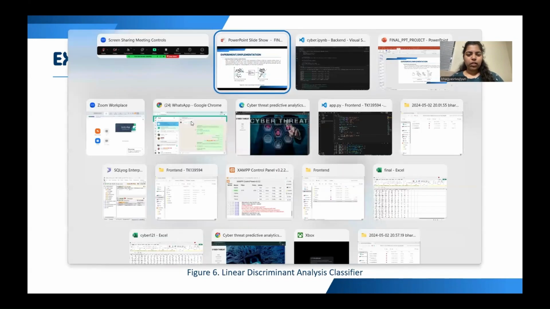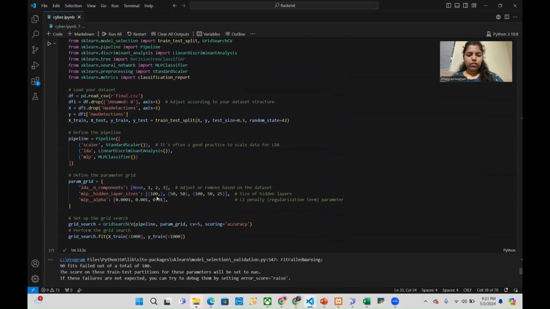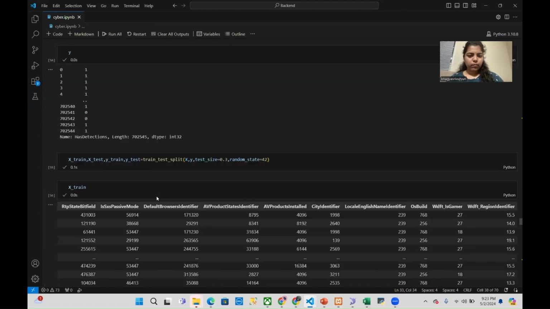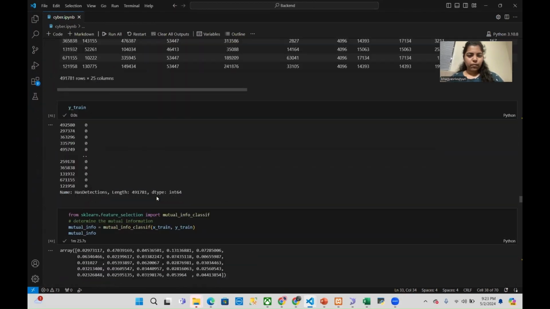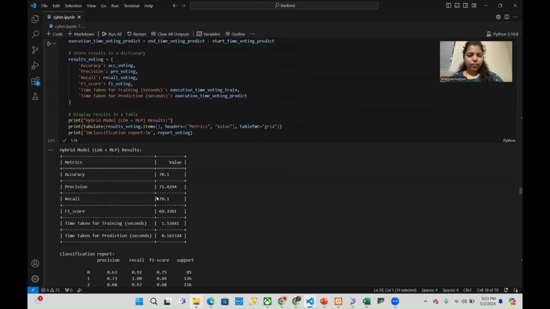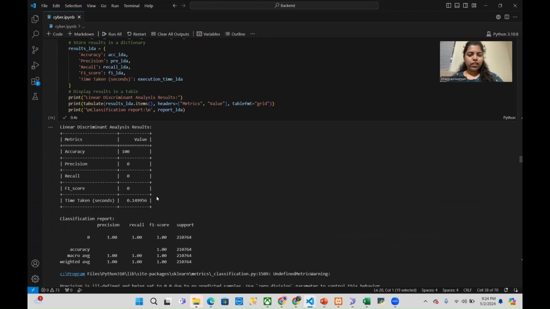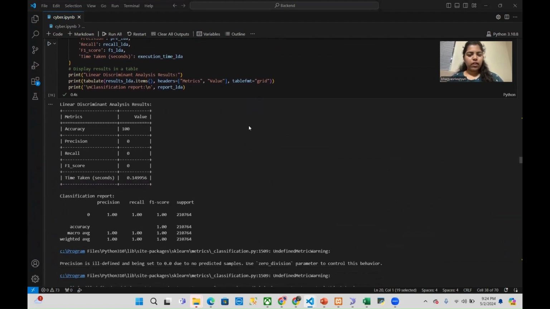Coming to the code execution before the k-best feature selection. Here we'll consider various metrics like accuracy, precision, recall, and F1 score. Before, it takes a time of 0.14 seconds and the accuracy is 100.